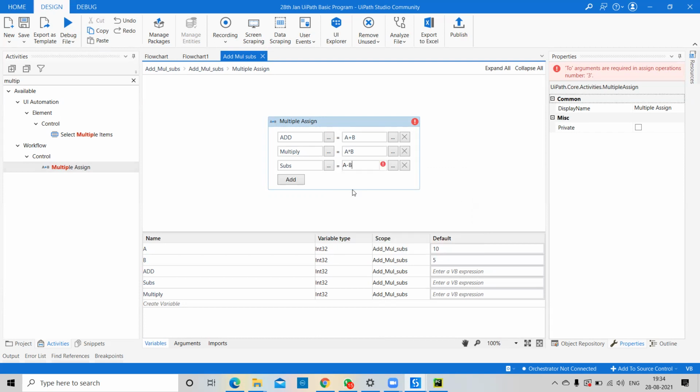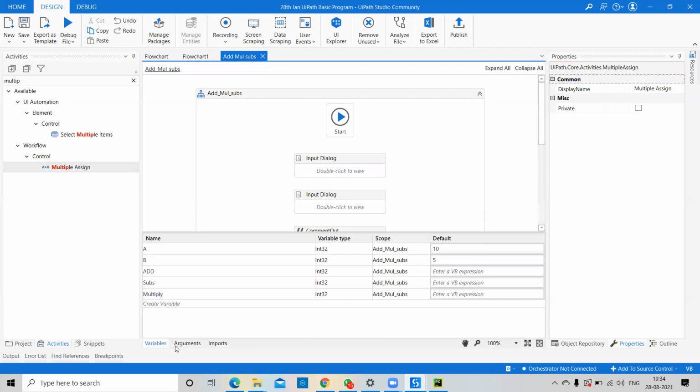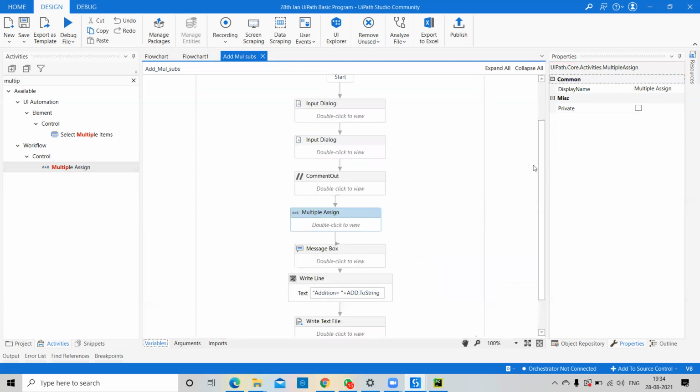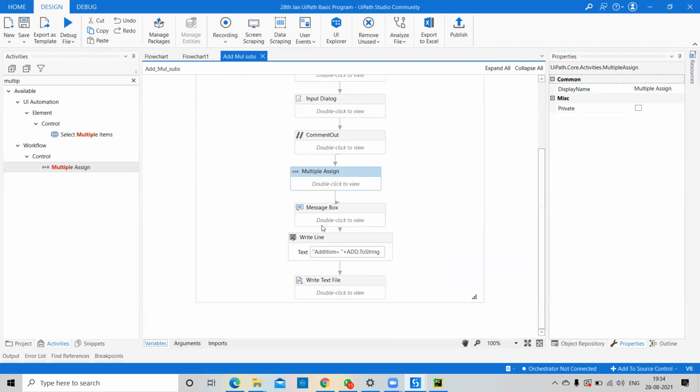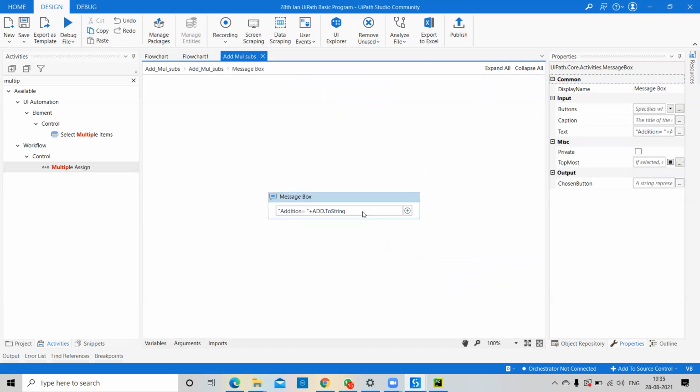Try to understand, if you pass everything in one message box, whenever I start development, I use multiple message boxes to display multiple things. Whenever you are a fresher and you don't know the multiple things, you can take multiple message boxes and display them. But in the same message box also, this is a message box.